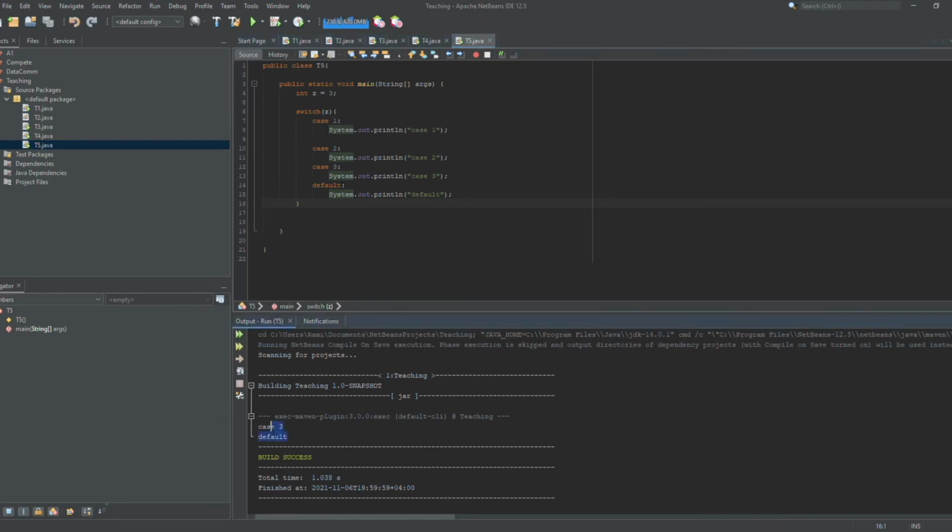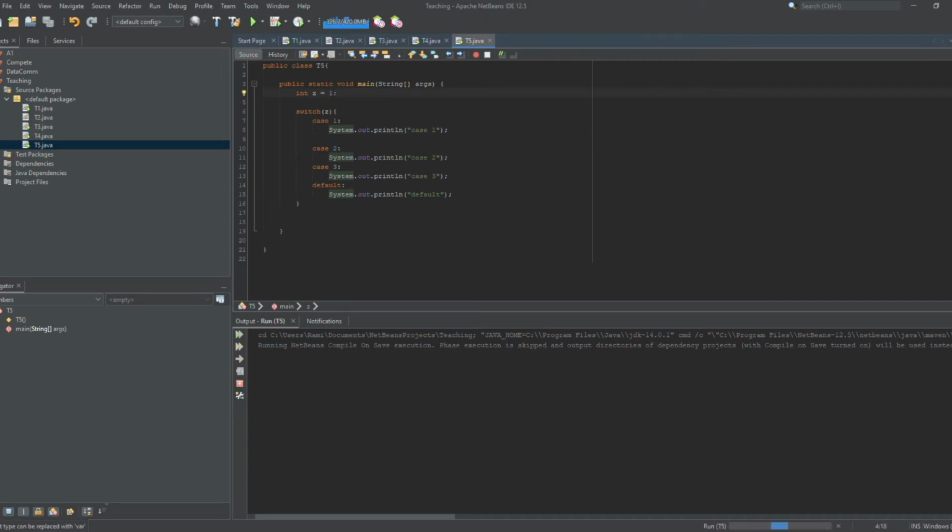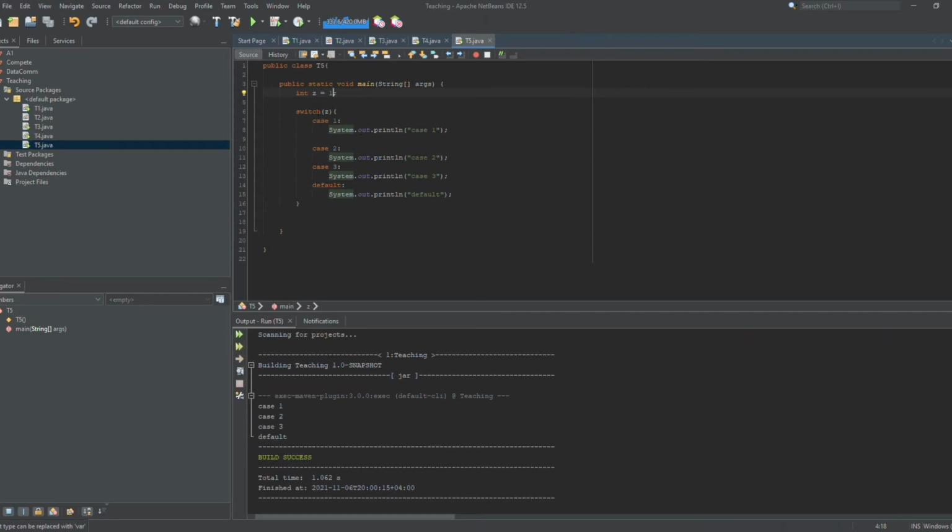Case 3 and default will be printed. Break is super important when it comes to switch case. The reason being is that without a break, whenever the case related to the z is found, the code will start running and it will never stop until it finds a break. So if we had one here,